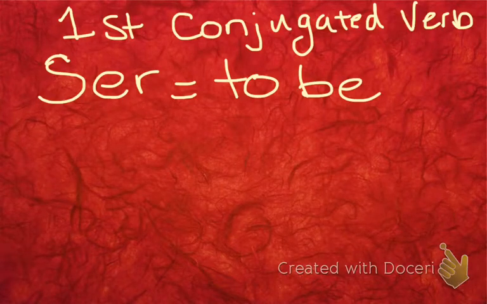Seventh graders, in this video we're going to talk about the verb to be. We're going to talk about ser. We've been doing some of this in class, but I want to give you the chance to review a video as well. So ser is our first conjugated verb, and I want to make sure before we do anything that